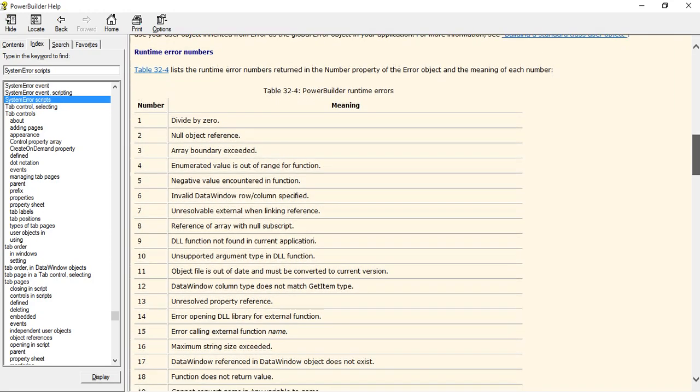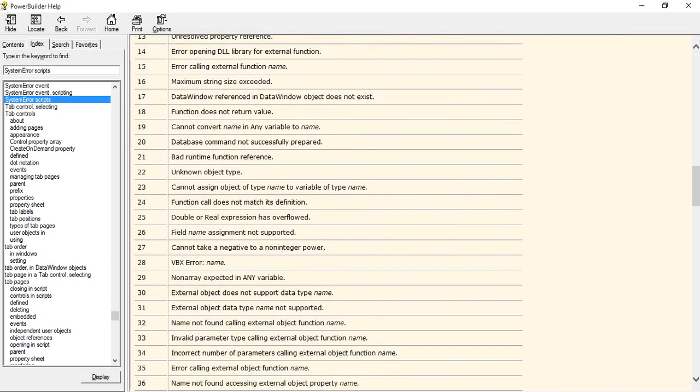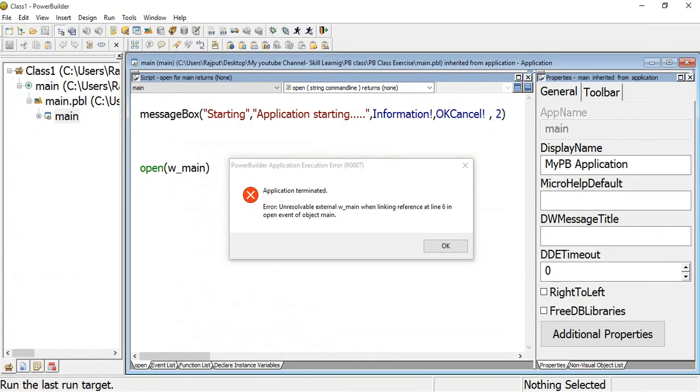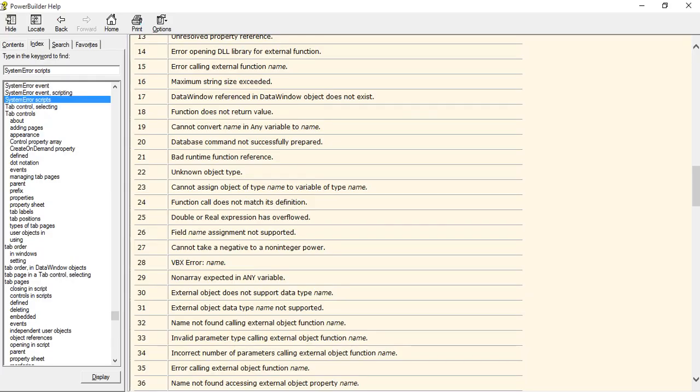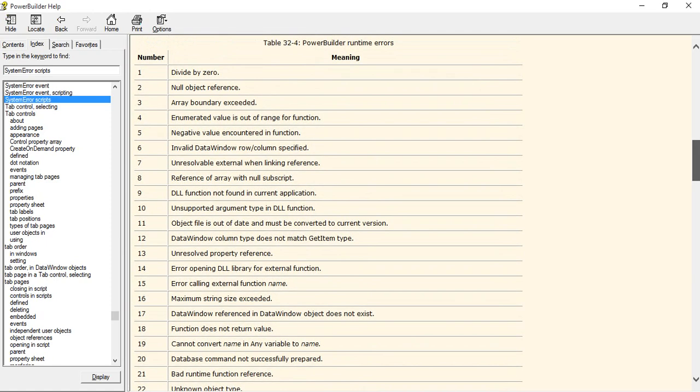I'm showing the one. What is my error number? R0006. Yeah, this is the error, R0006. No window is there, no object is there.